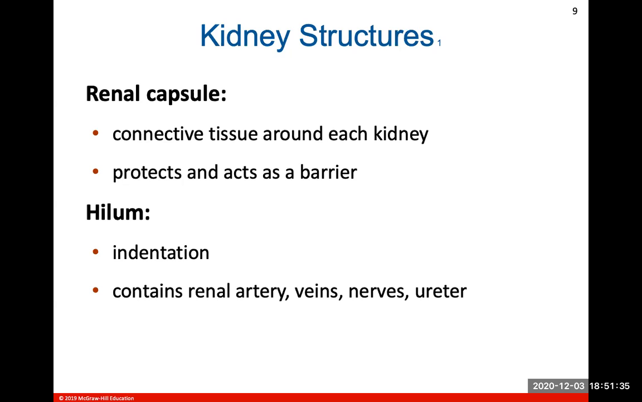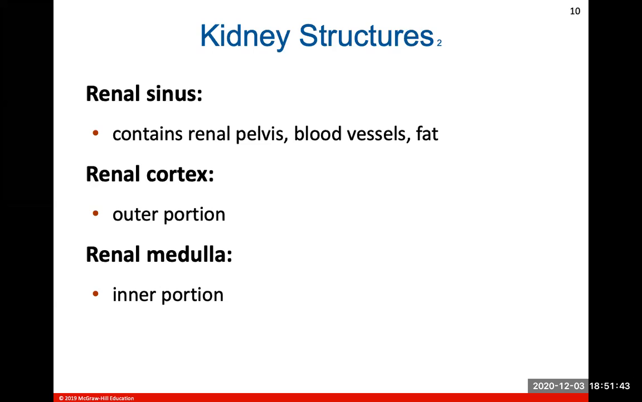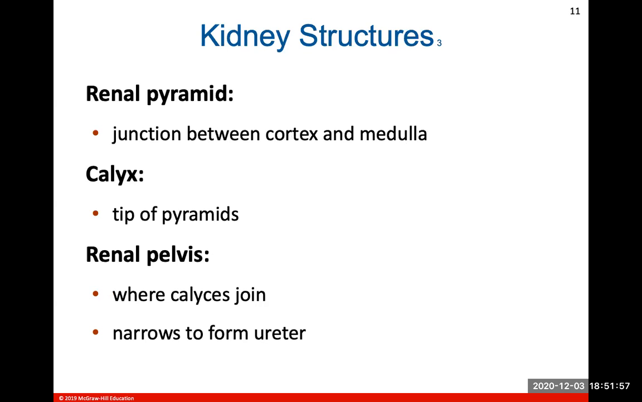The hilum is the indentation in the kidney's bean shape that contains the renal artery, veins, nerves, and ureter that enter and exit the kidney. The renal sinus contains the renal pelvis, blood vessels, and fat. The renal cortex is the outer, lighter colored layer of the kidneys, and the renal medulla is the deeper inner portion. The renal pyramids are a junction between the cortex and the medulla. A calyx is the tip of the pyramids, and the renal pelvis is where all the calyxes join together, like a funneling system that funnels all the urine that's formed to form the ureter